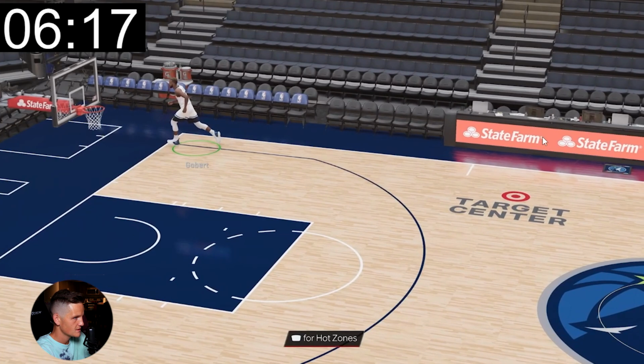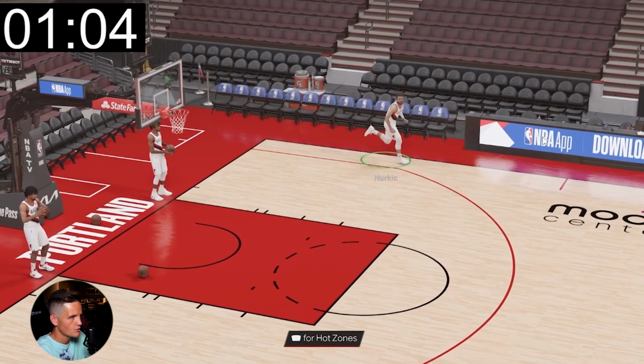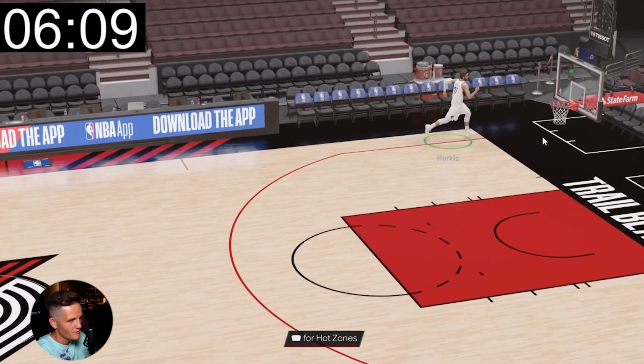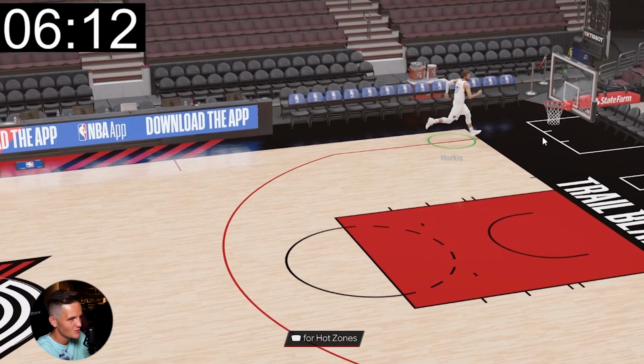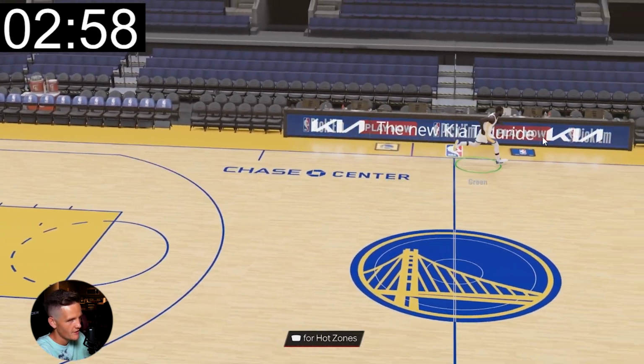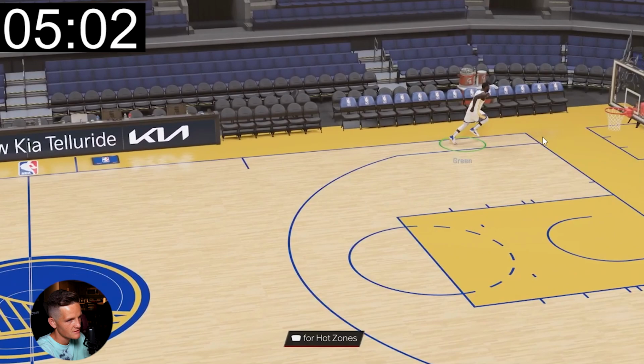6:18. Boom. Nurkic, Portland Trailblazers. I mean, do we skip him now, or do we watch him finish? He's slow. 6:12 for Nurkic. Draymond Green, I expected him to be a quicker one. He runs the floor very well for a centerman. Naturally, he's a small center, but...